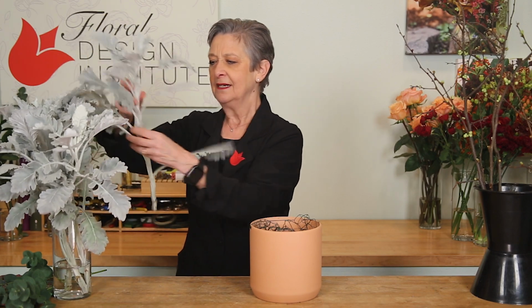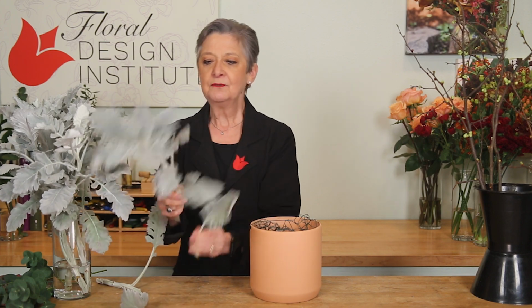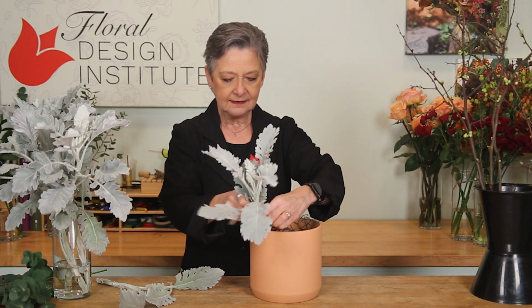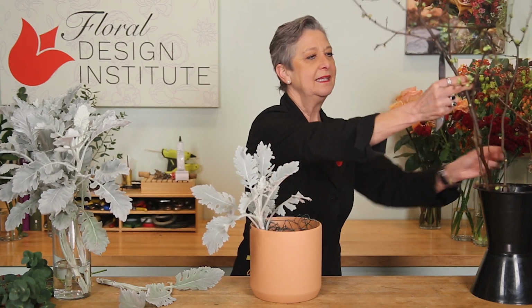Starting the base, a bit of the Dusty Miller, cutting it down, dividing it out so it can get deeply into the water, removing lower leaves, then placing it so it drapes across, helping to break the line of the container. The quince, bringing that in,